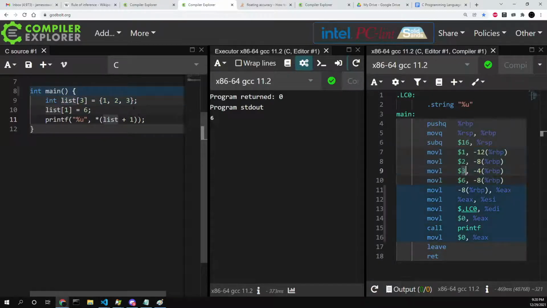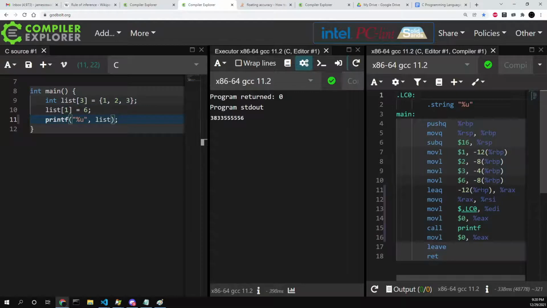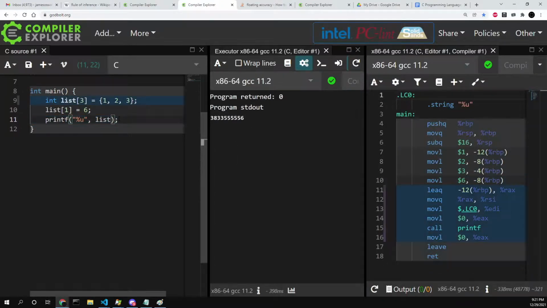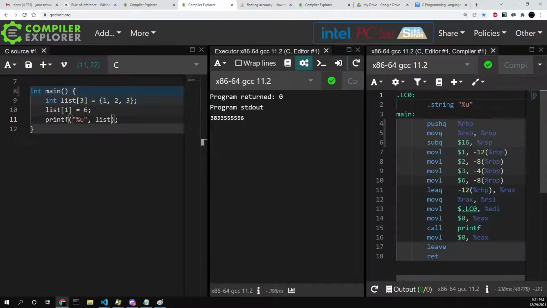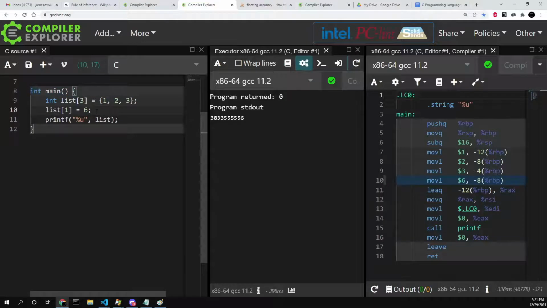If I print out the list itself, they're probably just going to return the RVP instead. Are they? Yeah, so they literally return the first value instead of actually storing that in memory. They don't even have to store it in memory. It's just a virtual construct that they're optimizing out of existence here in the compiled code. So that's pretty interesting. But long story short, let's go back to our